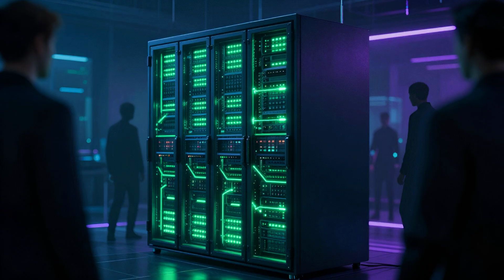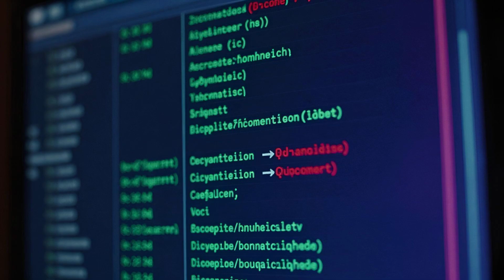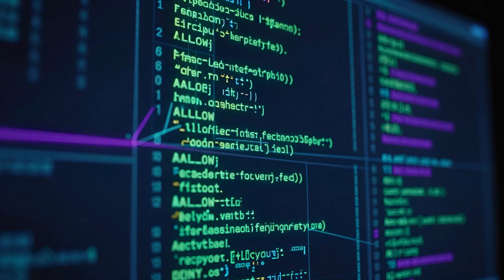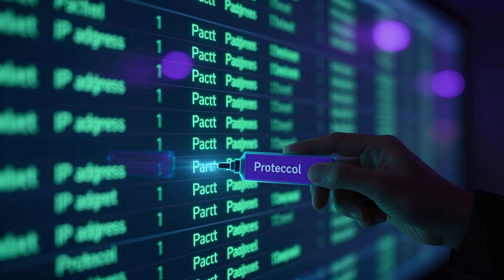A firewall is a security system designed to prevent unauthorized access to or from a private network. At the endpoint level, it examines incoming and outgoing network traffic and decides what is allowed or blocked based on predefined security policies. Firewall rules are specific instructions that tell the firewall how to handle traffic. These rules are created using conditions such as IP addresses, ports, and protocols to enforce security policies and control what